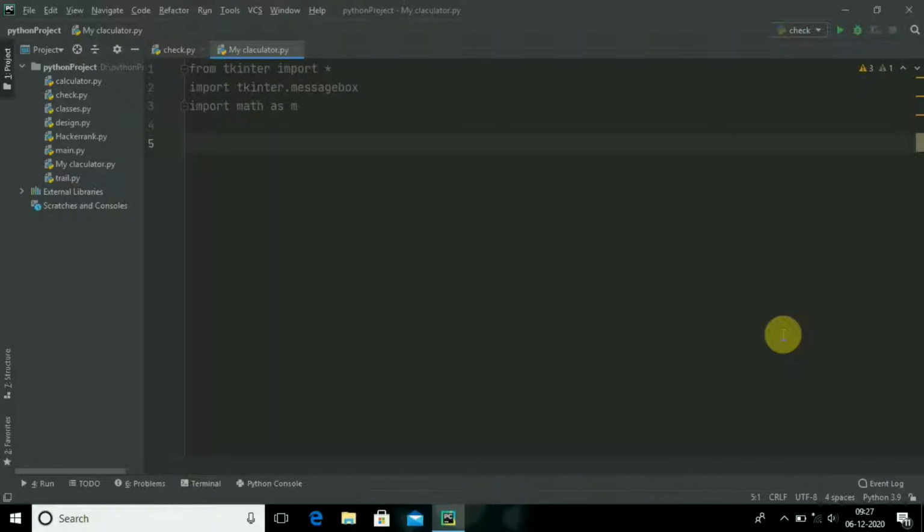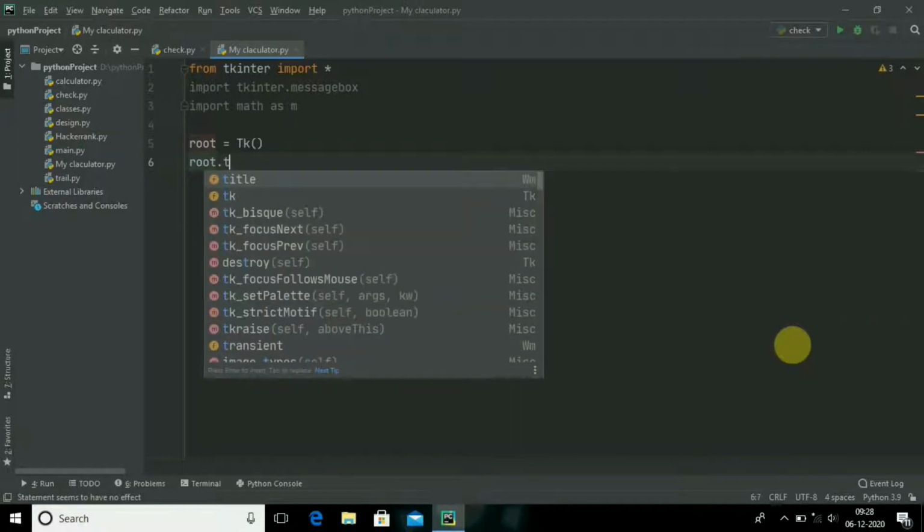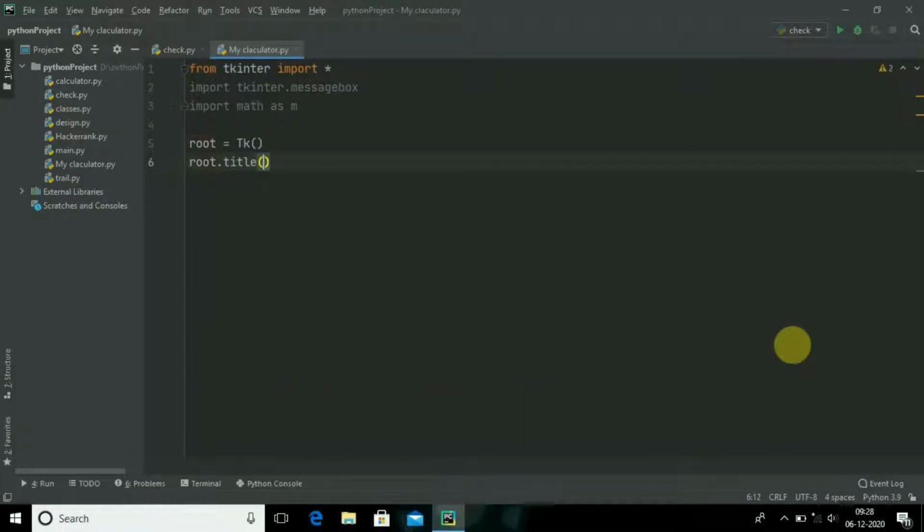For that, I am using the command root. Tk is a special package, come to know. root equals Tk, and I have to give it a title. I will be giving the title as Scientific Calculator.